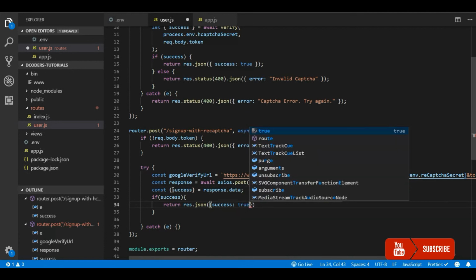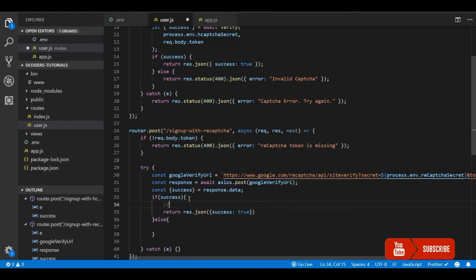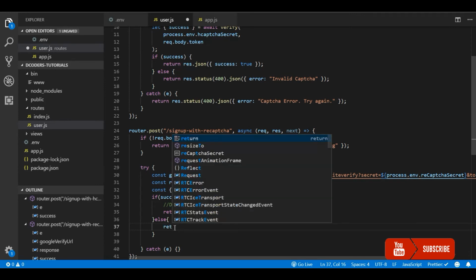And if it is an error, I'm going to pass some sample error message here, but you can have whatever error message you need to display to the user, saying the token is not valid or something. You need to do your database operations and sign up operations before returning the success message.